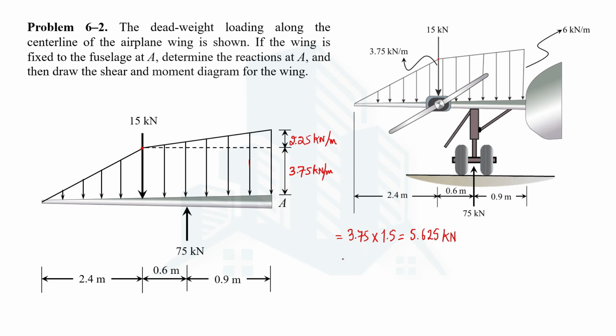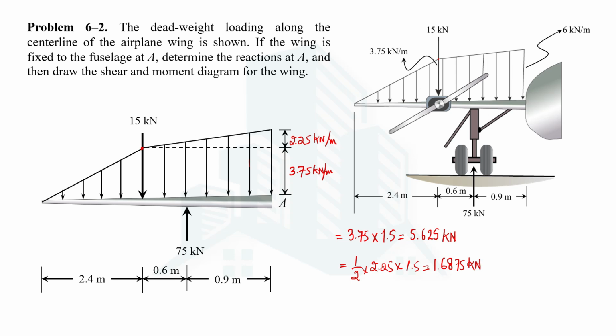And for the triangular load, we know that the formula is the same as the calculation of the area. We have 3.75 as the height, and the base is the horizontal distance. In that case, it was simply a rectangle, so the formula was like that. But this is a triangle, so the area is half multiplied by the altitude, which in this case is 2.25, and the base, which is 1.5. So this will be